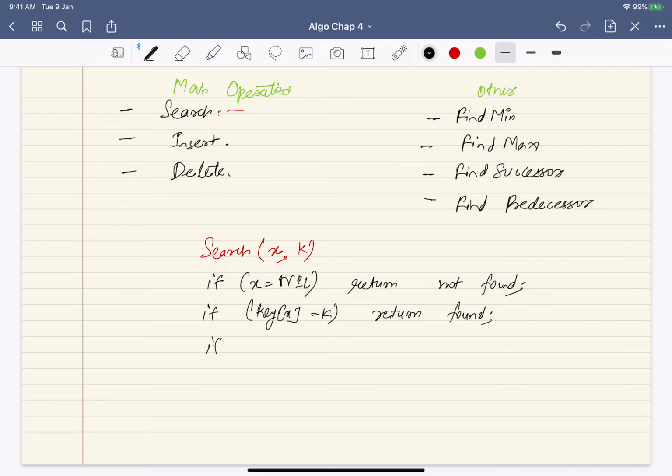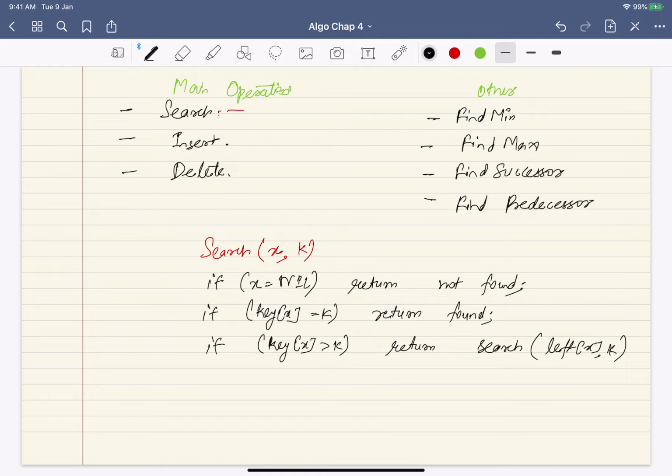So if key of x is larger than k, the root node is larger than the key that you're searching for. That means the key has to be in the left subtree. Now how would you do that? You will recursively call search, so you will return search with left of x and k.